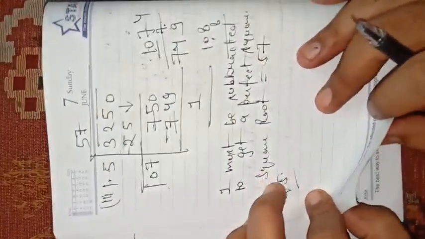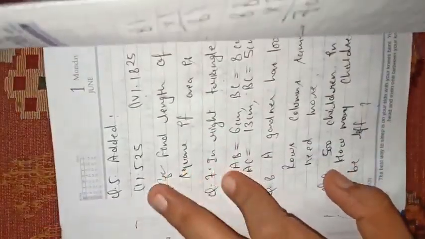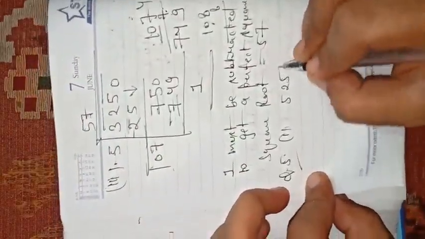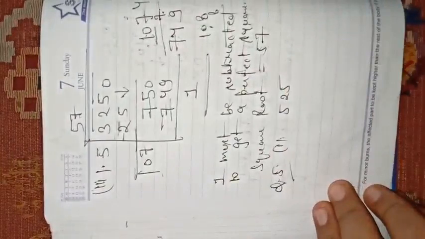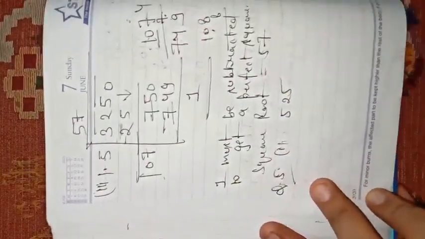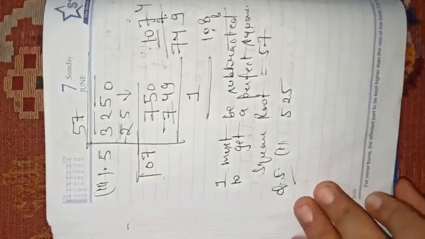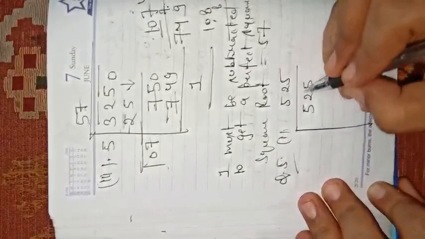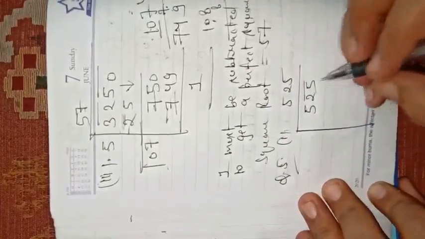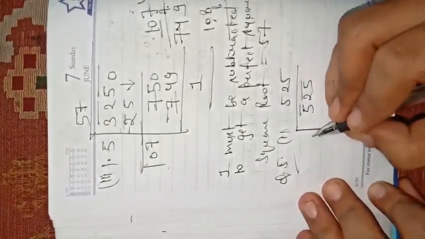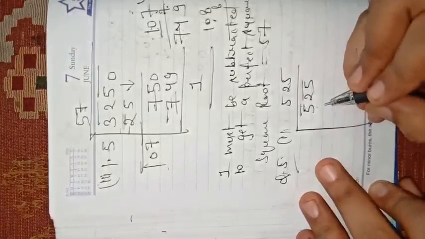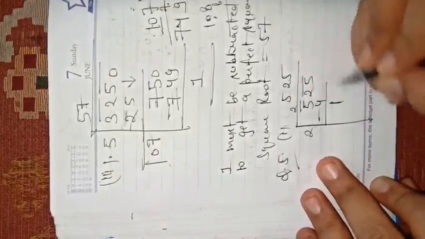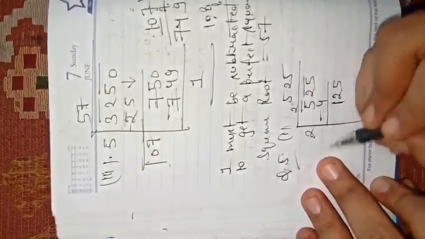Now students, in question number 5, they are asking what must be added to get a perfect square. The first part is 525. Now this number is not a perfect square for sure, and we have to find a number which, after adding, will make this a perfect square. So use the division method. Firstly make the pairs from the backward side. So 25 and 5 only. Now write a number which should be a perfect square and less than or equal to 5. So this will be 4. 2 2s are 4. 5 minus 4, 1. 25 will be brought together. 2 plus 2, 4.